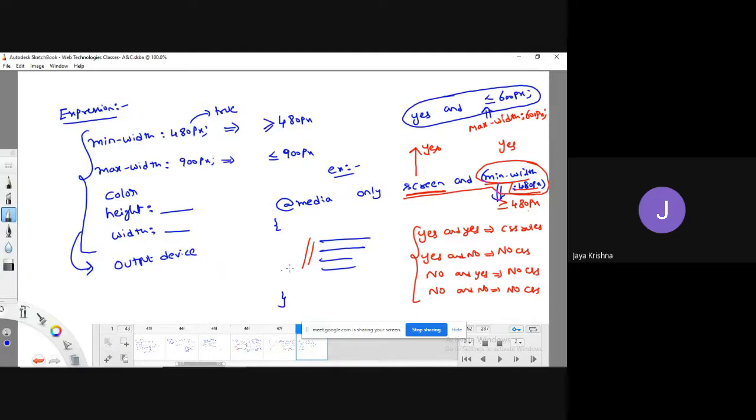Or we can define like this: @media screen and color. What is the meaning of this one? Screen and color. I have opened whether I've opened my website in a screen device, as well as whether it is a color device or not. Then I will go for the media feature as color. So media feature means what kind of requirements I need to get in the output device. So similarly, I can go for height, width, aspect ratio, etc. There are various kinds of media features. So based on the need, we can use all those things.